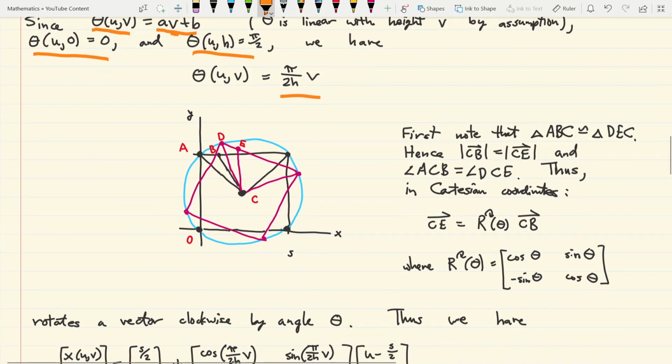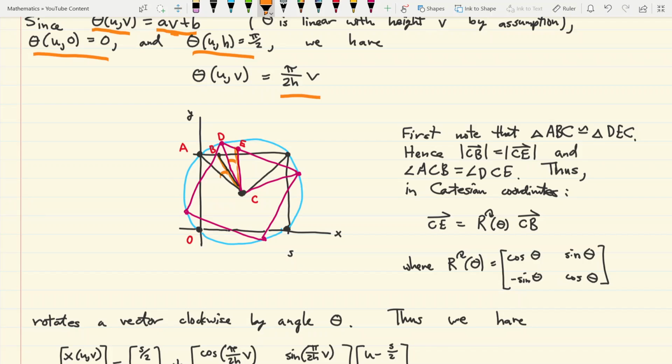Now some geometry. So I've copied the above picture, just labeled some of the vertices. So first note that we have a congruence of the two triangles ABC and DEC. Obviously, we're just rotating the same structure. Okay, but therefore the point of this is I just want to concretely verify that CB and CE have the same length, as we expect, and the angle ACB is the same as the angle DCE,